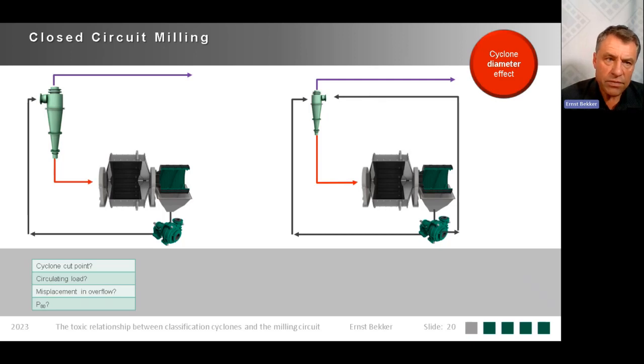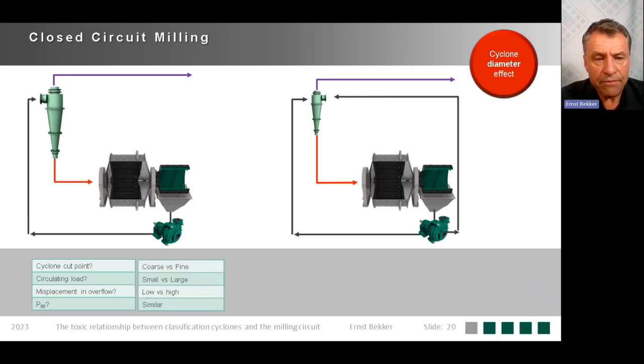Secondly, the circulating load. Which one of these two circuits would have the higher circulating load? Most of the time, people would think the larger cyclone will have the larger circulating load because it's a bigger cyclone, there's more volume being pumped around. Fortunately, that's not the case. It's the smaller cyclone. Then misplacement to the overflow. Which one would have the most misplacement? Again, the answer is normally the bigger cyclone because the centrifugal forces on smaller cyclones are higher. In this case, again, the smaller cyclone will have more misplaced material. And then the question about the grind